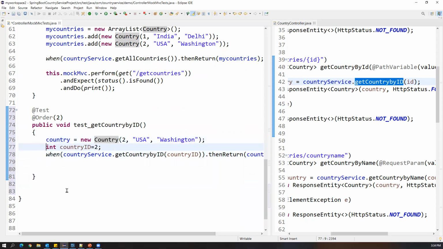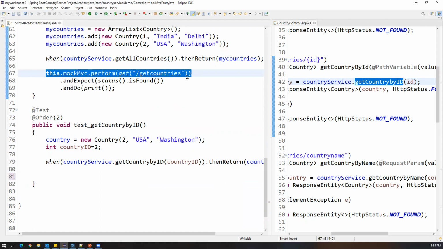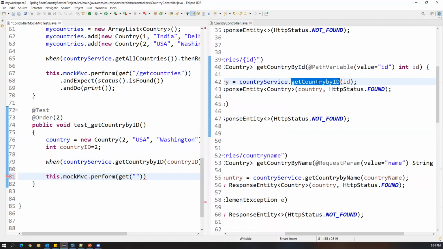Then what we have to do is invoke that method by calling the HTTP request. So how to invoke this method? Again, the same statement you have to use: this.mockMvc.perform. It is also a GET request. But what is the URI here in the GET request? It is get country by ID.